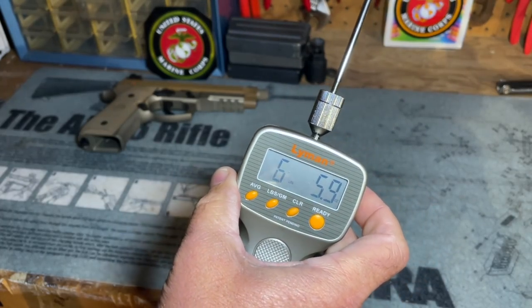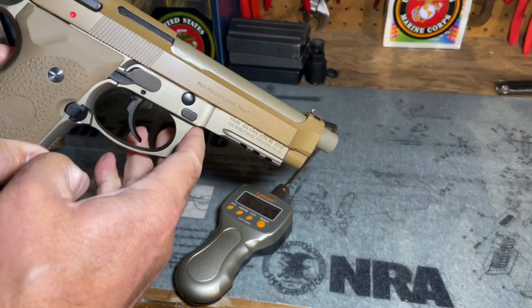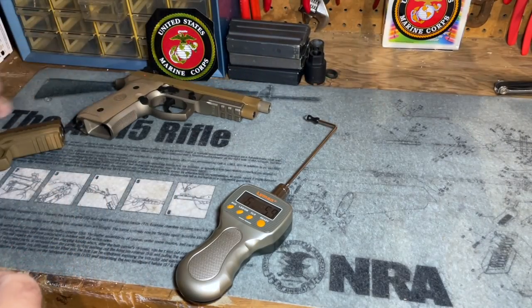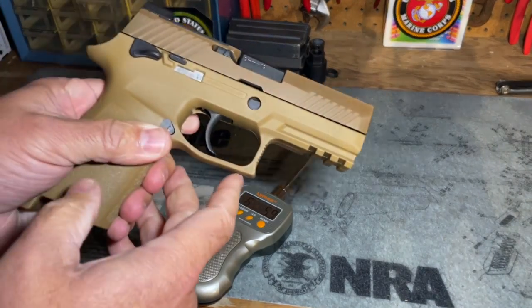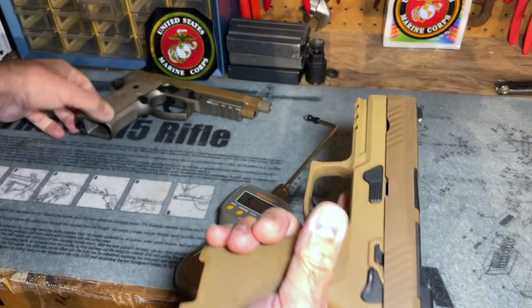£6, 5.9 ounces. So heavier than the single action pull on the M9A3, but considerably lighter than the double action pull, and a consistent pull every time. So for trigger function,